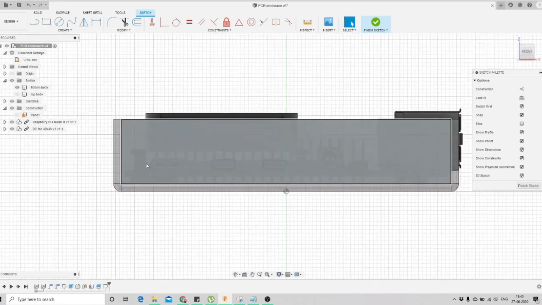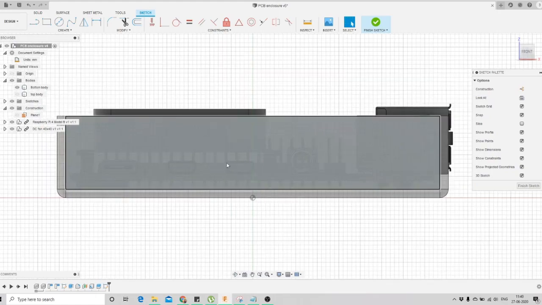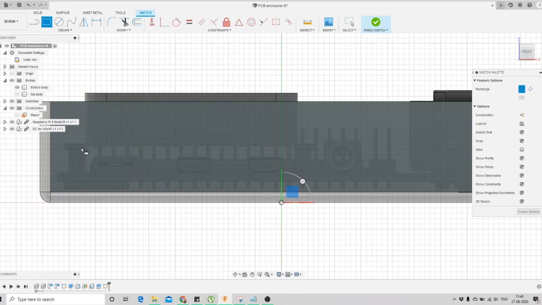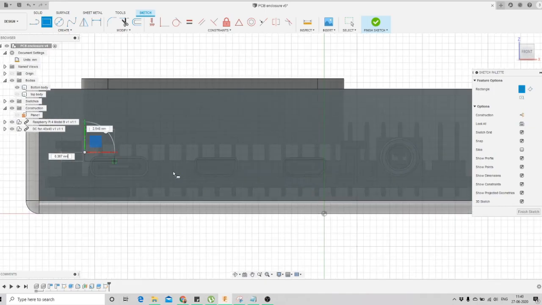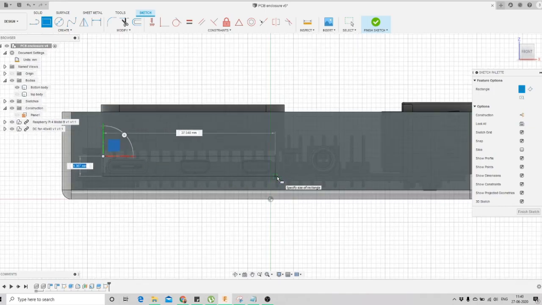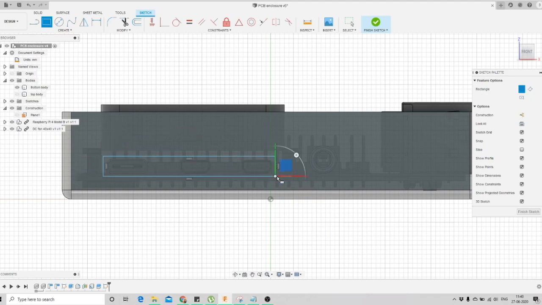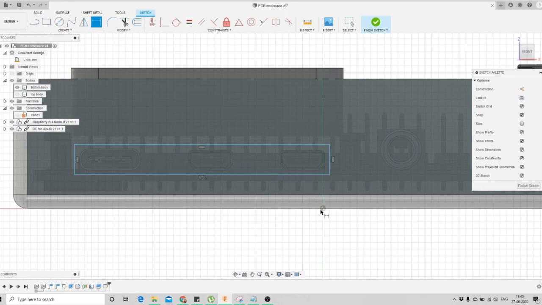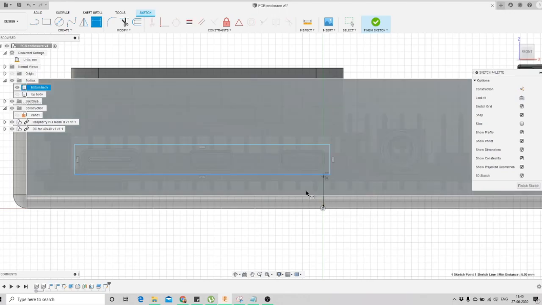Here you can see at these positions we want to make an opening. To make an opening, we'll select a rectangle and simply drag a rectangle like this. We'll put some points randomly and then define all the dimensions, like from the origin we want this.